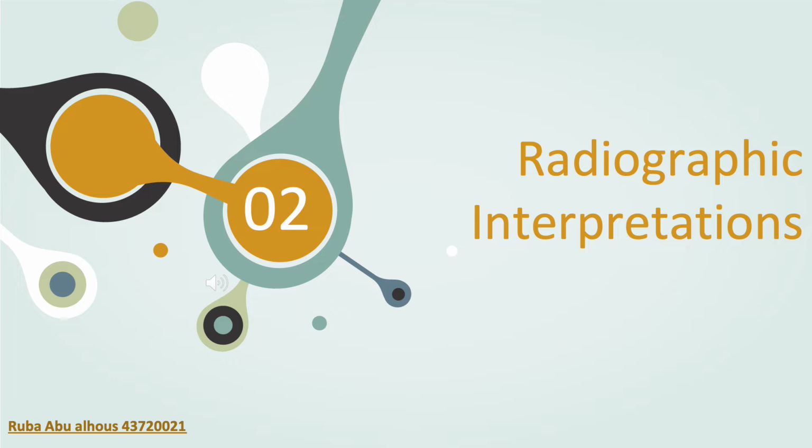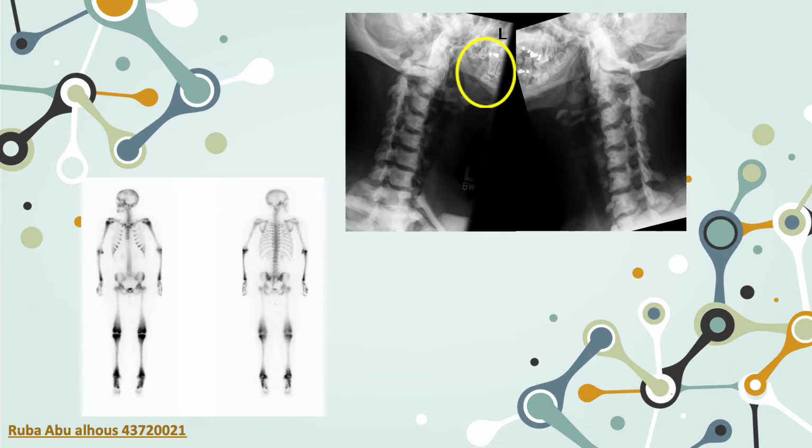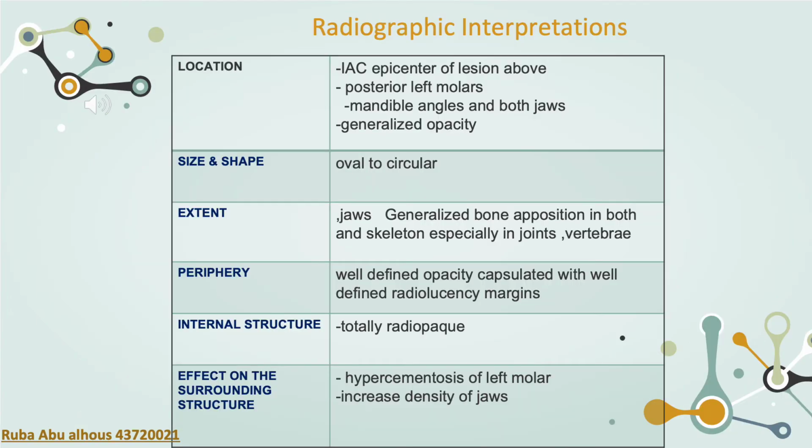Today I'm going to talk about the radiographic interpretation. Radiographic interpretation: location, inferior alveolar canal, epicenter of the lesion above the posterior left molars, mandible, angle and both jaws, generalized